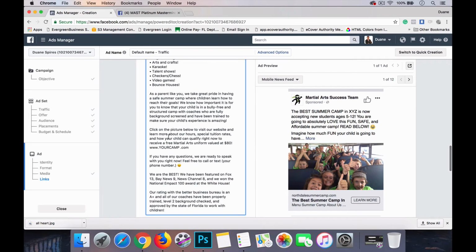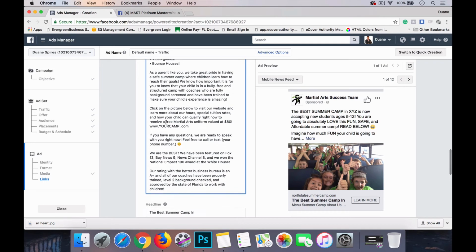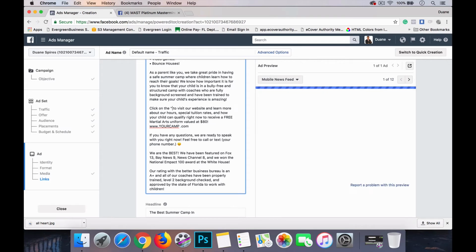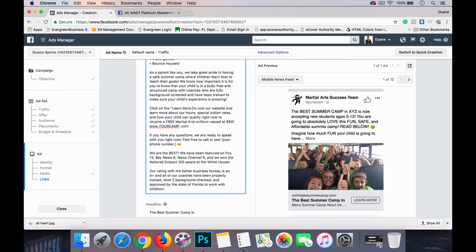So again, go through all this. The best lead magnet ever is this part right here. I like to capitalize the word free. So you want to have them click, not on the picture. Don't say click on the picture below. We're actually going to modify this. It's going to say click on the Learn More button